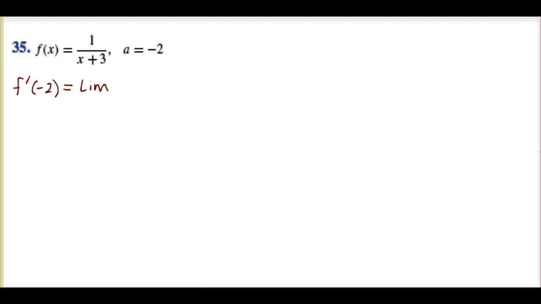equals the limit as delta x approaches 0 of f of -2 plus delta x minus f of -2. That's my y2 minus y1, and then over x2 minus x1 on the denominator. And now what we have to do is take each of these x values, plug them into the function to get the y value. So that will look like